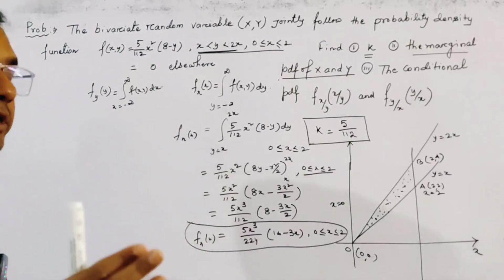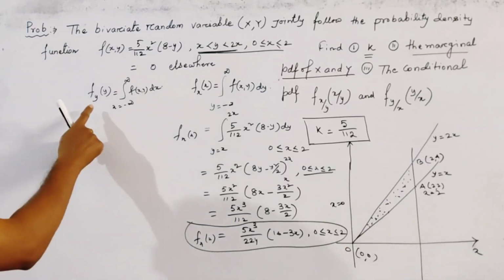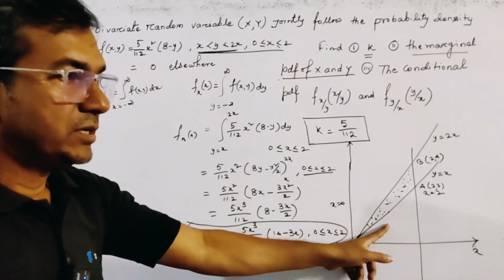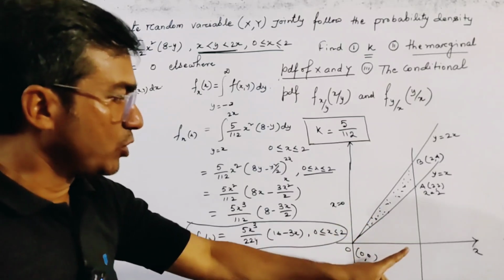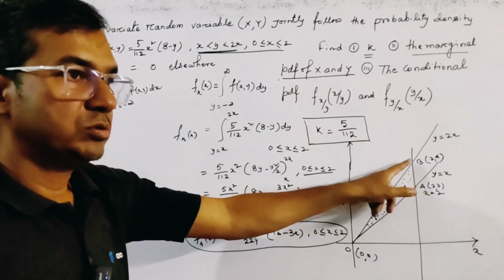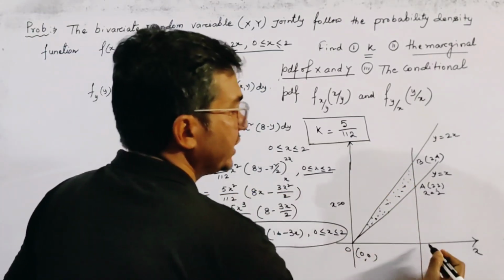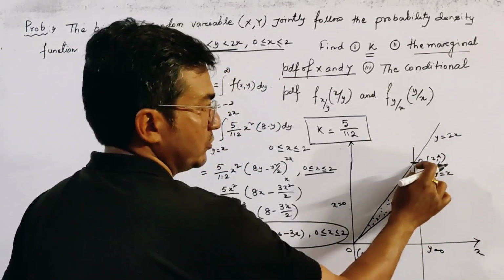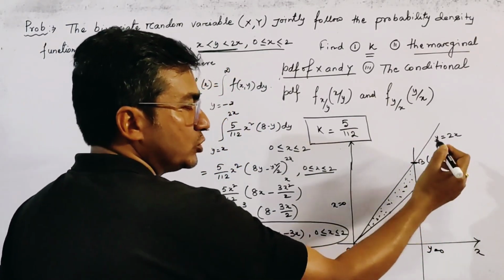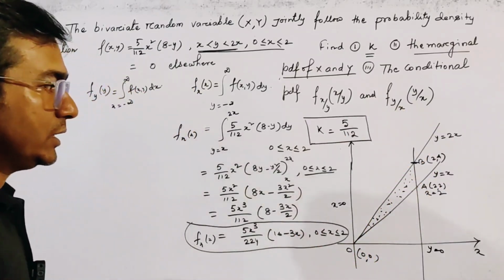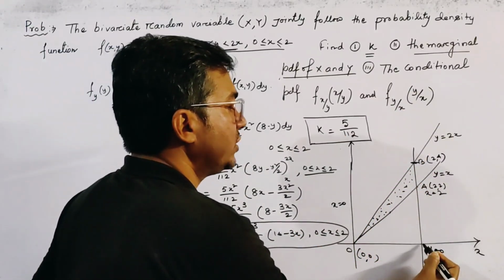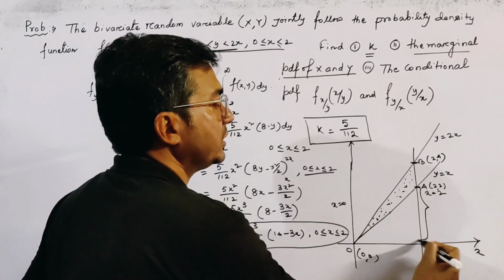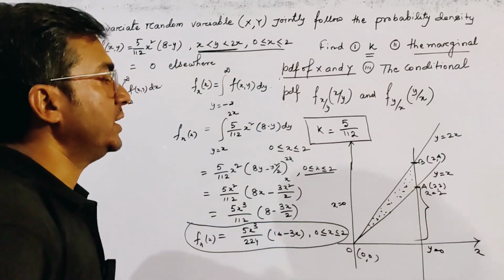Now when we try to find the marginal PDF of y, it is clear from the figure that y is varied from 0 to 4. Okay, because here y is 0 and here y is 2. Sorry, y is 4, because this is 0, 2, 4. Now in y equal to 0 to 2,